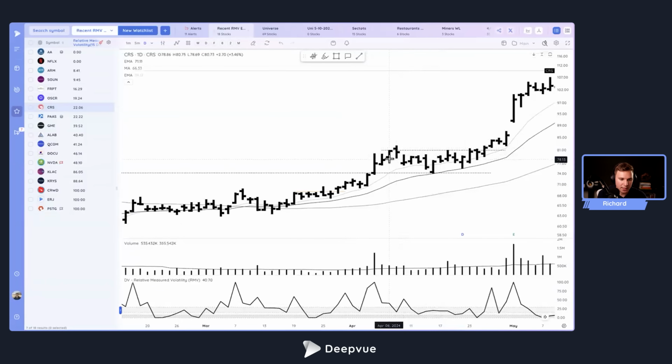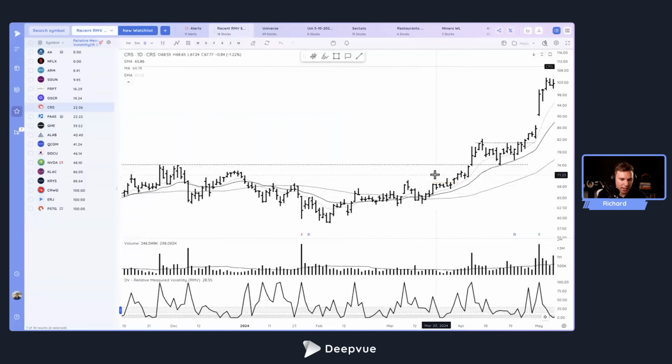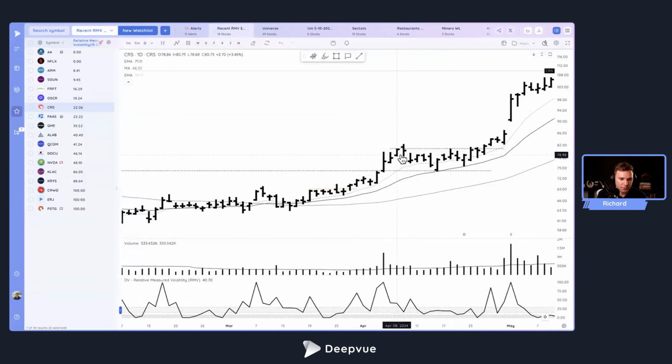And then even within this kind of base on base, where we've got a range above this range, we see from left to right tightening in price action, and we get another RMV signal right in this area, where if you're running the tight range screen, it would show up in the results. You could then go ahead and draw in your pivot here, which lines up with this pivot as well, this high as well. And then you're looking to act the next day, pushes higher, and then we get a nice action into earnings,